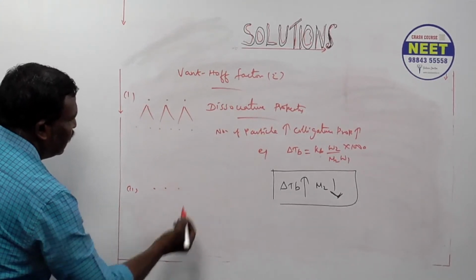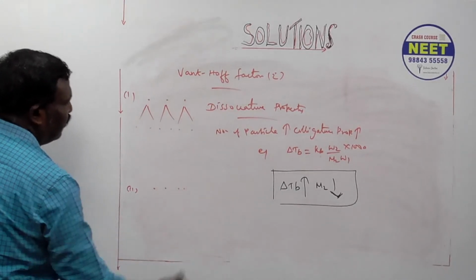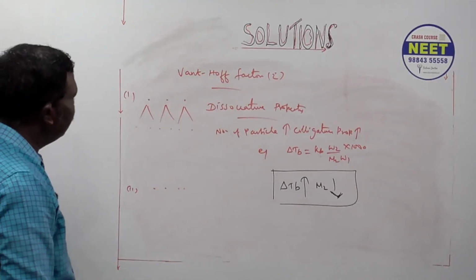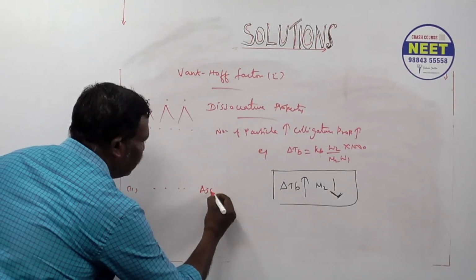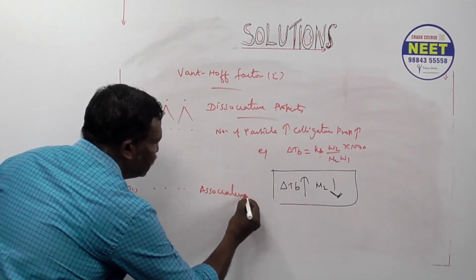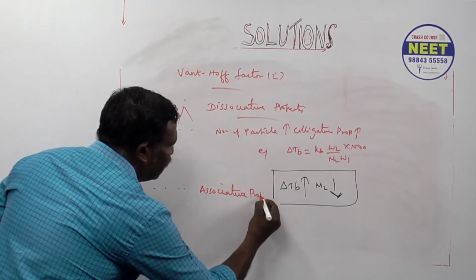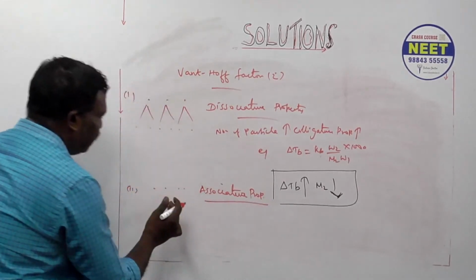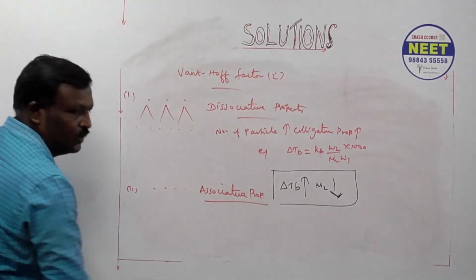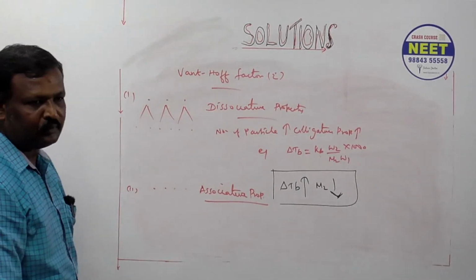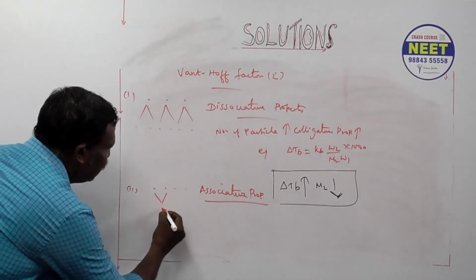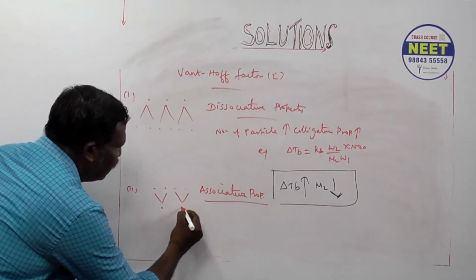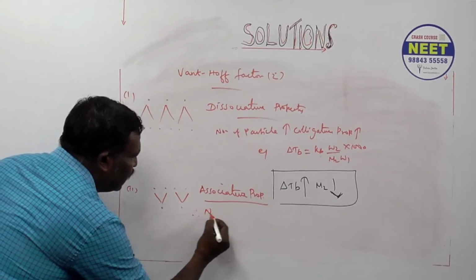Suppose I'm taking 4 particles associated. What is the meaning of associated? Associative property. During associative property, what happens? Suppose I am taking 4 molecules. 2 molecules together, now it becomes what? This together, 1 molecule. This together, what? Therefore, what? Number of particles